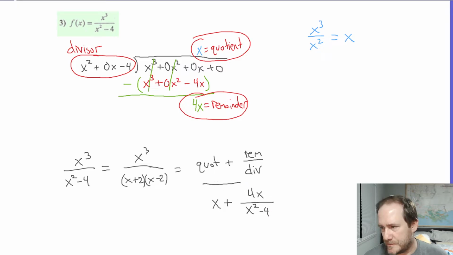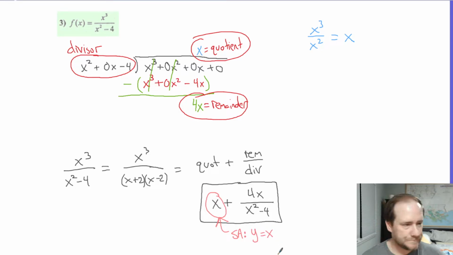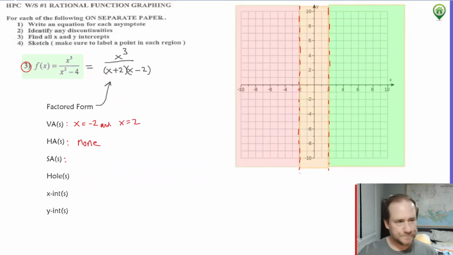So this form holds some useful information for us because the quotient right here, that's the equation of the slant asymptote. So in this case our slant asymptote is y equals x. Okay, so that means we can go add that to our list of things that we now know. We now know that we have a slant asymptote and that its equation is y equals x,